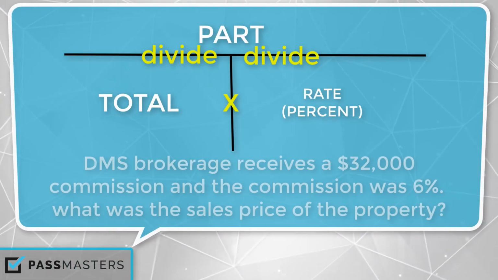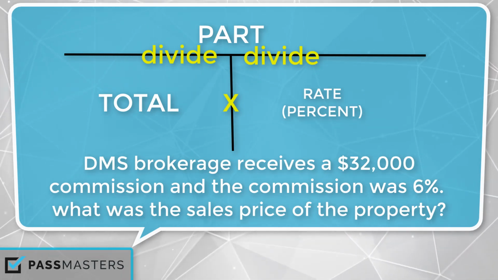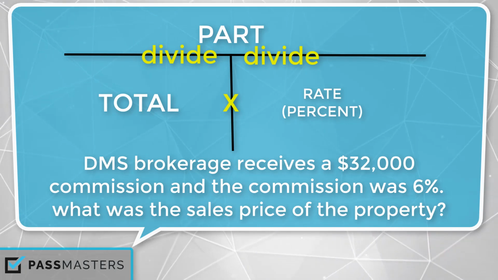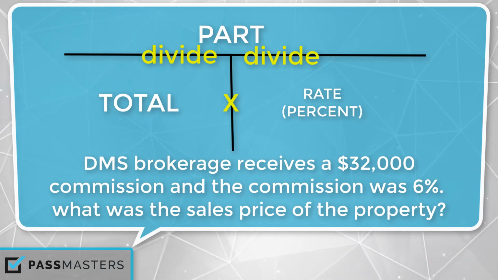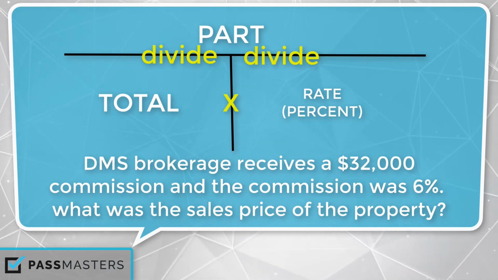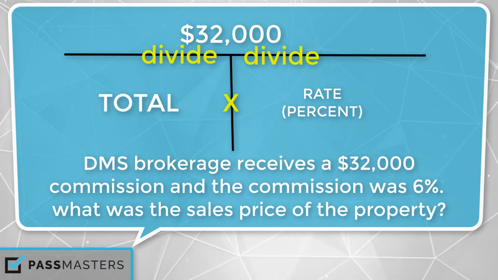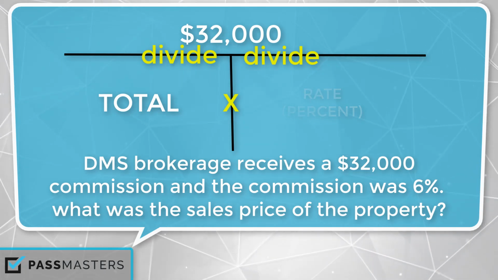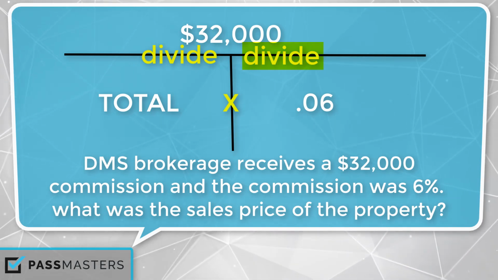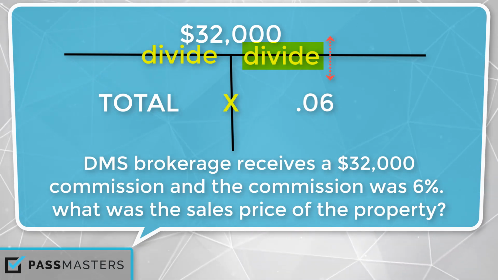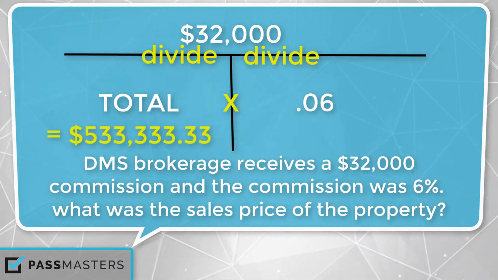Third question. DMS Brokerage receives a $32,000 commission, and the commission was 6%. What was the sales price of the property? Okay, so what do we have? We've got $32,000 commission, which is part of the total, so that goes on top. And we've got the rate, the percentage, 6%, 0.06. So number on top, number on bottom, divide. 32,000 divided by 0.06 gives us the total price of the property is